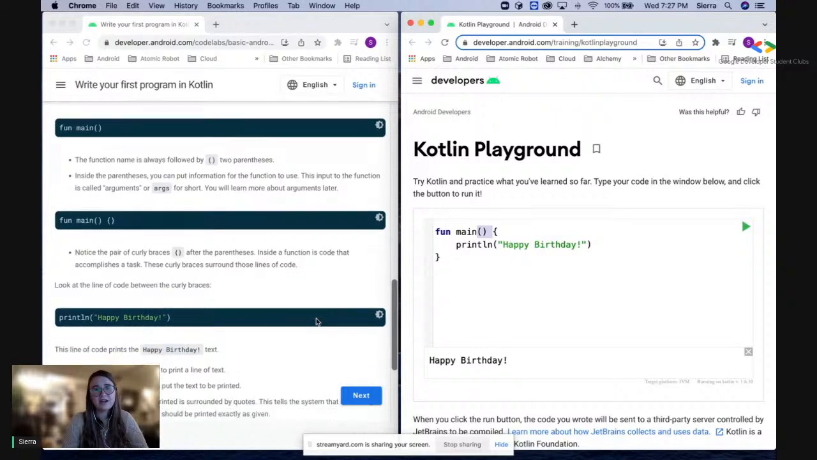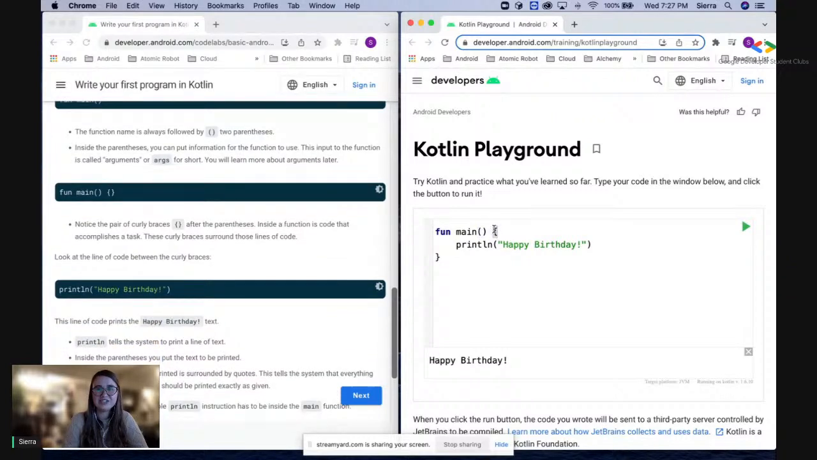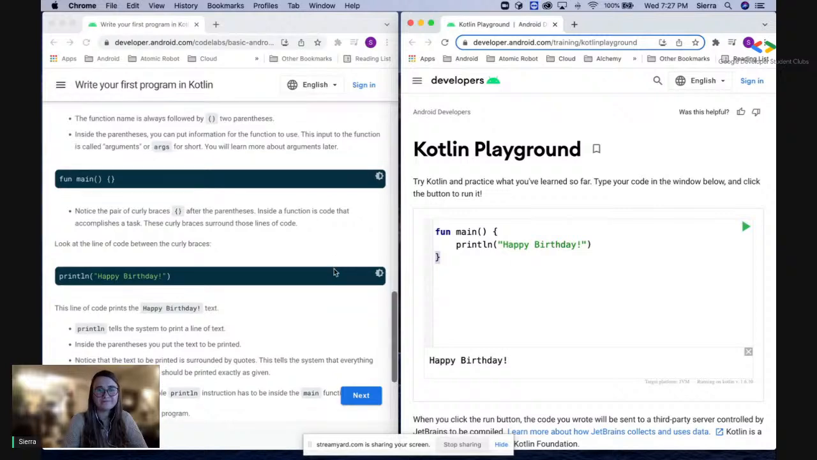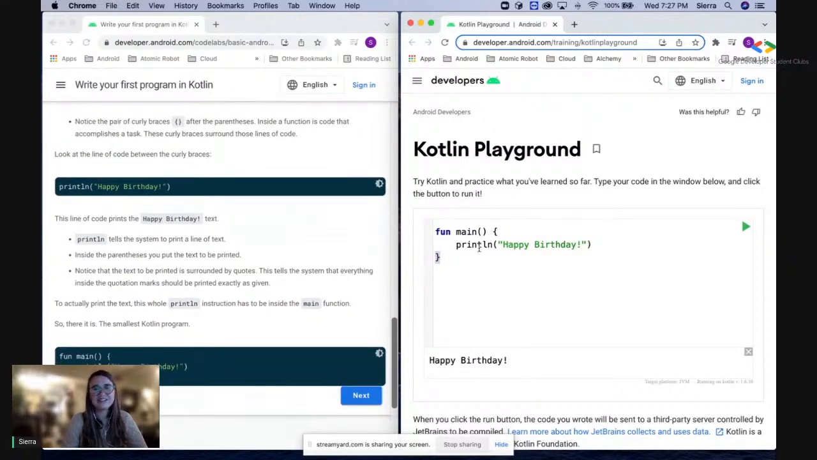The next part of a Kotlin function is these curly braces. We have one at the top and one at the bottom, wrapping around our program. Inside those curly braces is where our function code is going to accomplish our task. These curly braces surround those lines of code. In this particular example, we have one line of code in between those, the println happy birthday